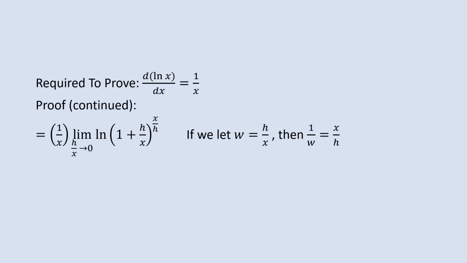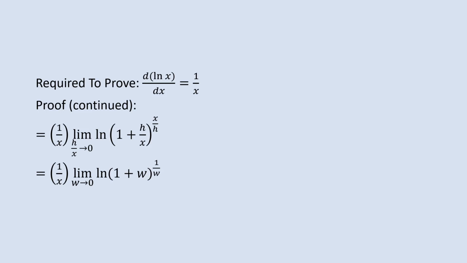Now, what we're going to do is let w be h over x. If we do that, then notice that h over x going to 0 is like w going to 0. And this h over x right there is like a w. And this x over h is like a 1 over w, the reciprocal of w. And that's what we get in that next line. Okay, now